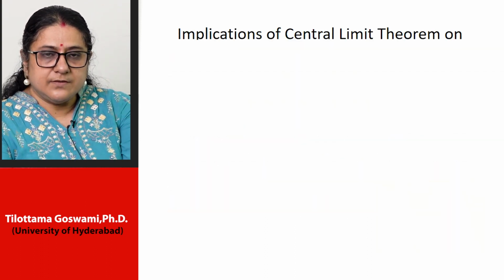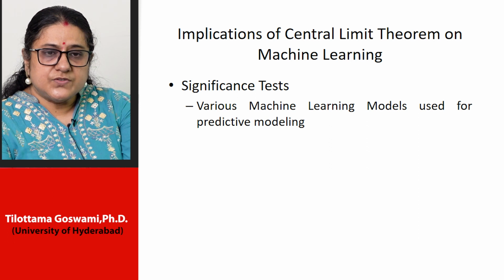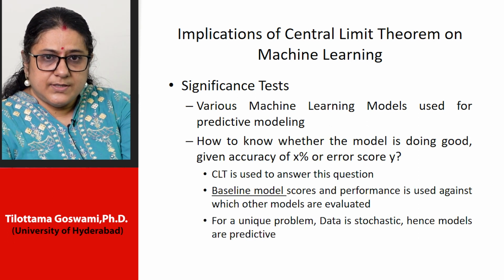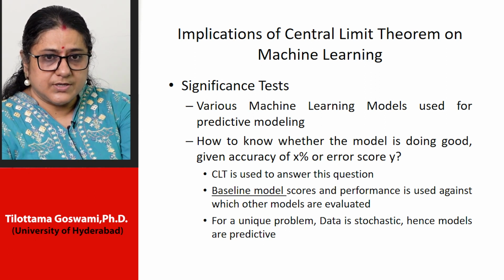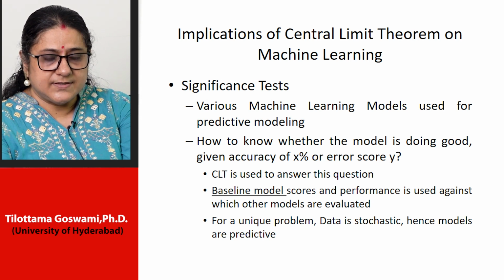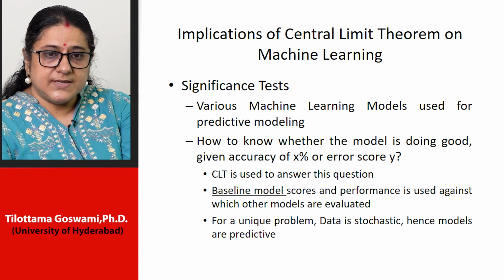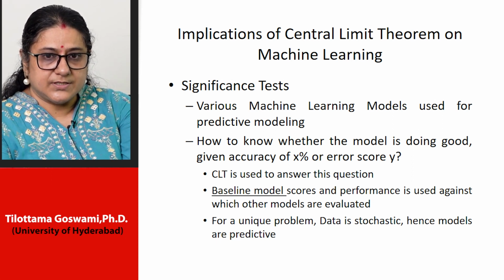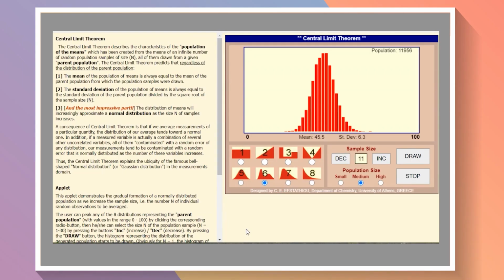What is the implication of the central limit theorem on machine learning? In machine learning models used for predictive modeling, when we want to learn, we should have enough samples. So how do we know whether the model is doing well or not, given an accuracy of X% or an error score of Y? The central limit theorem is used to answer this question. There is a baseline model, with scores and performance, which is used against the other models for evaluation. For a unique problem, the data is stochastic and hence we have a predictive model. This is the central limit theorem